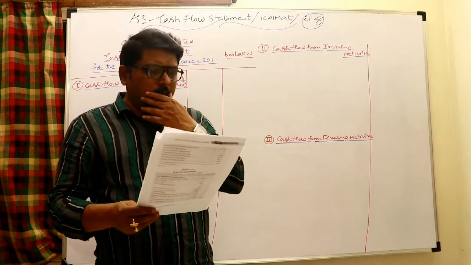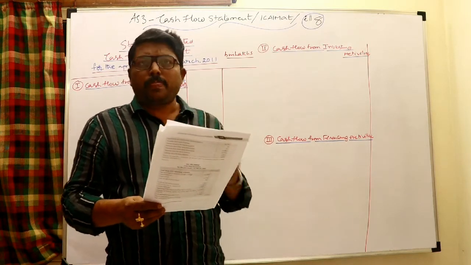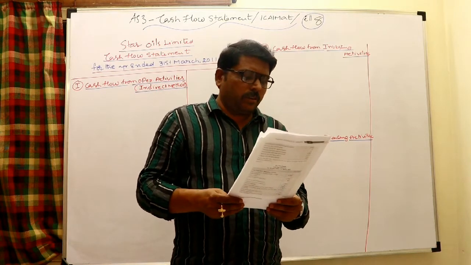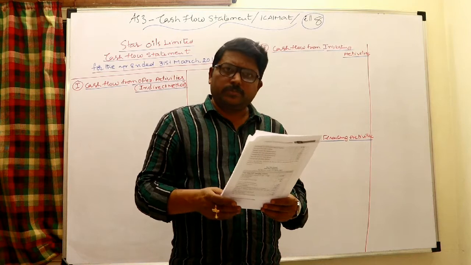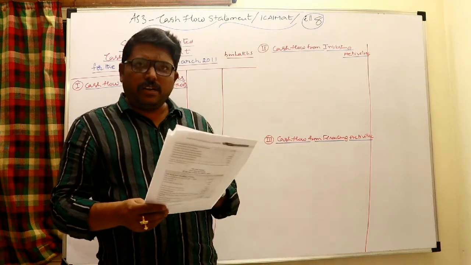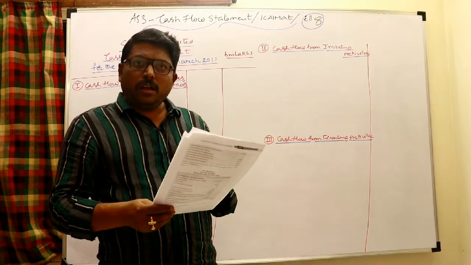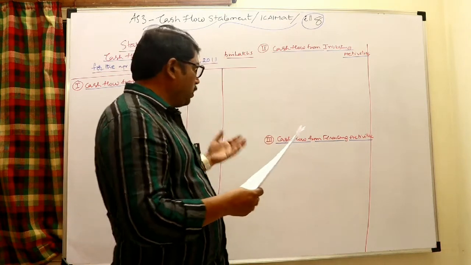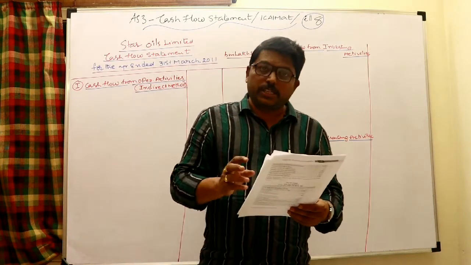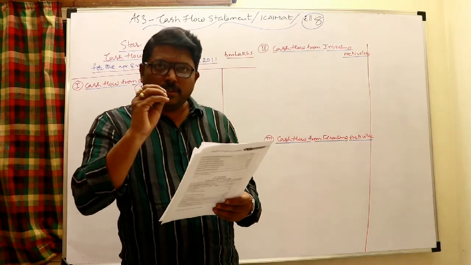But here in problem number 8 there is no possibility to work out the cash flow from operating activities by the direct method, so we need to go for the indirect method only. First I will explain while reading the sum, thereafter I would like to put it on the board. It will be useful to you, and I will explain the same sum two times to you.